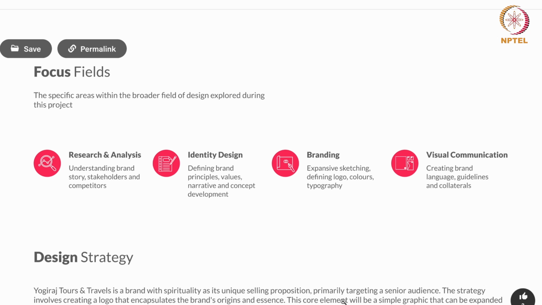What was the experience? And in the process of research, I also was invited to one of their trips. So I took a trip with them to Rajasthan with their users, interacting with them. What do the users think about the brand? And also a lot of discussions with the owner of how they want the brand to reflect.